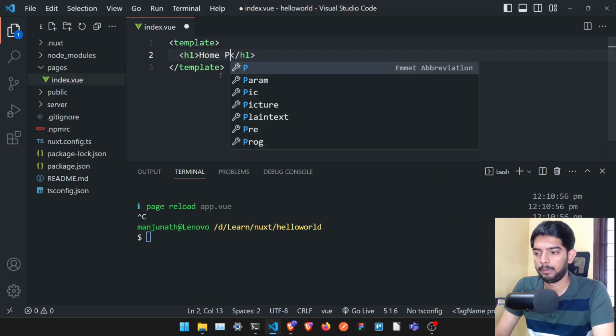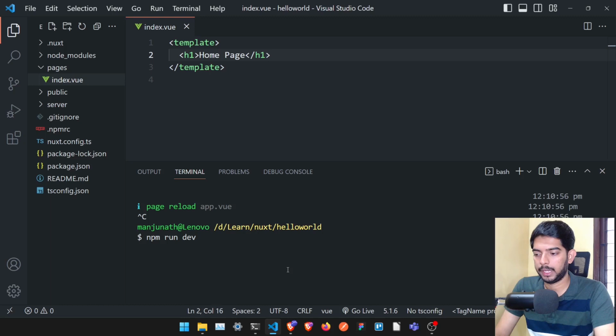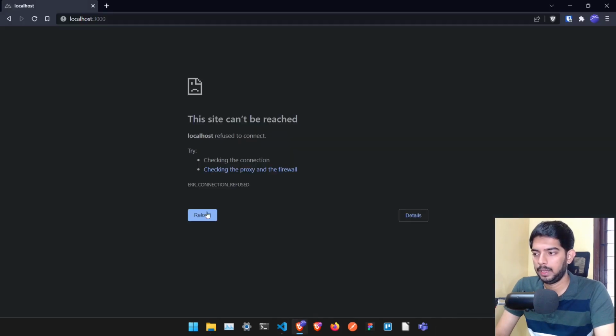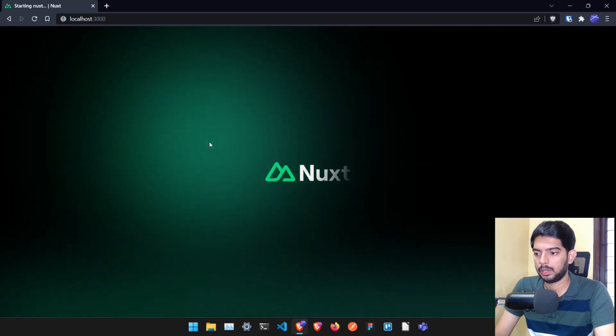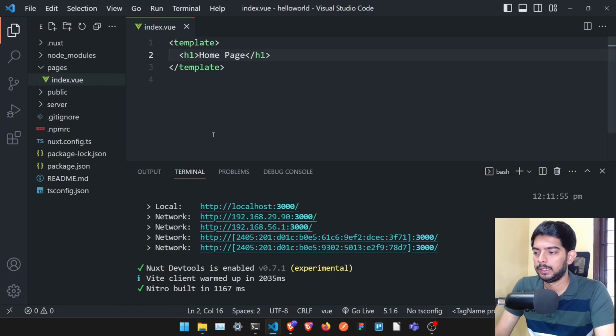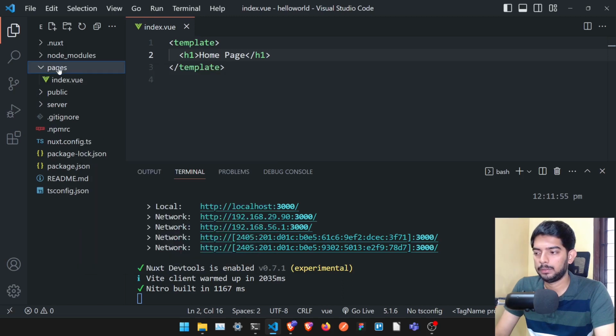and inside this if I type home page and save it, and let me run this project again by typing npm run dev, and here we go. If I refresh it, we can see home page here. Next thing is, in order to create something like an about page, you can click on this pages folder